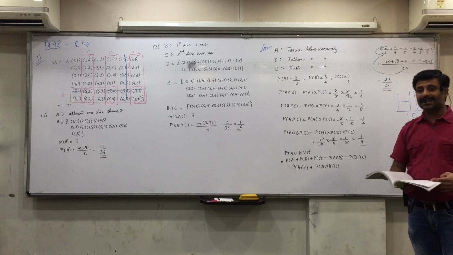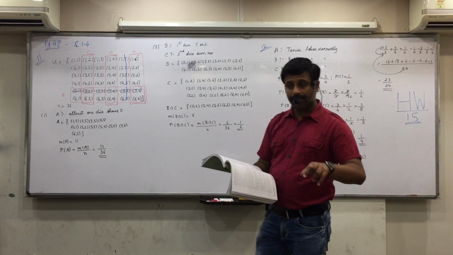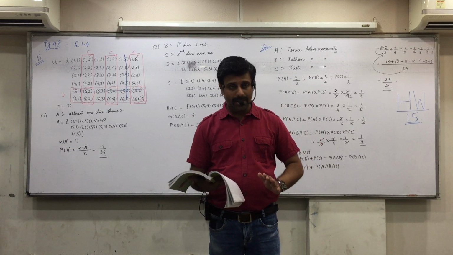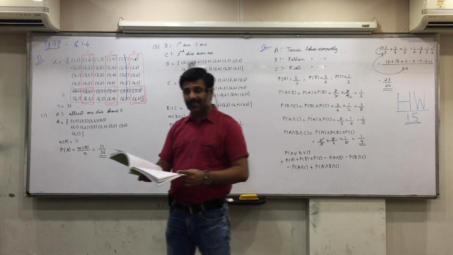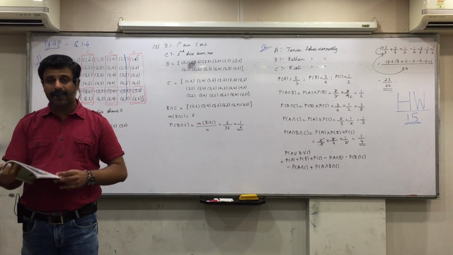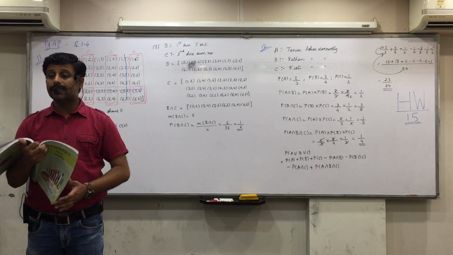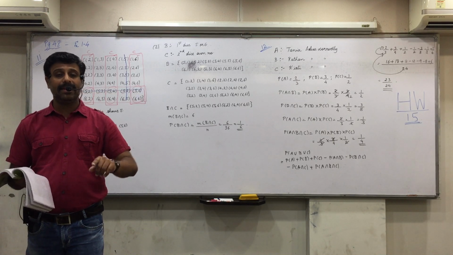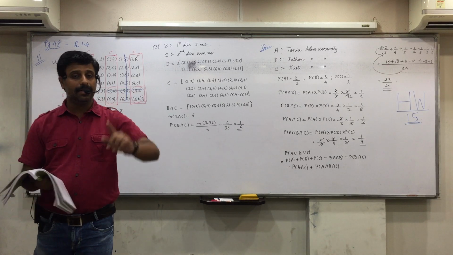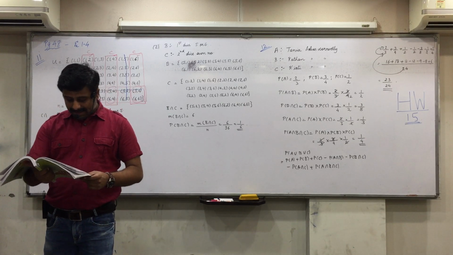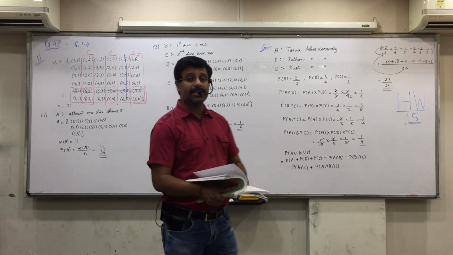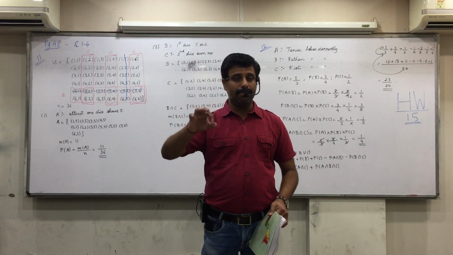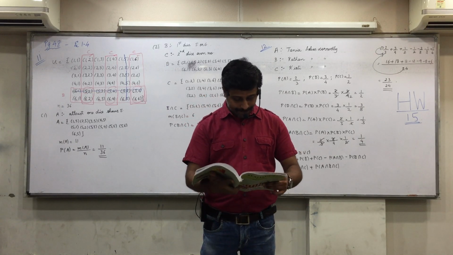Even question 13 is exactly similar, with 2 events. So I will discuss it, you try it in your book, then I'll show it on the board. Okay, see that. Person A can hit the target in 3 out of 5 attempts, means 3 by 5 is P(A). You'll say event A is the event that A hits the target. Person B can hit the target in 5 out of 6 attempts, 5 by 6 is P(B). You'll say event B is the event that B hits the target.